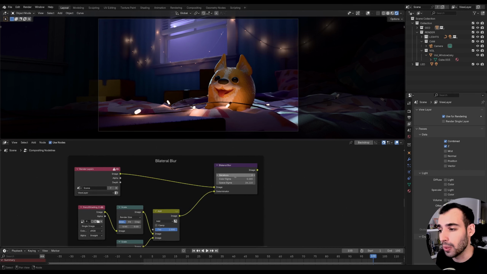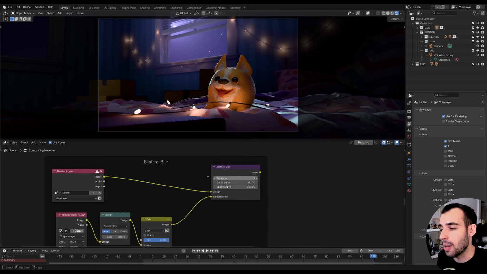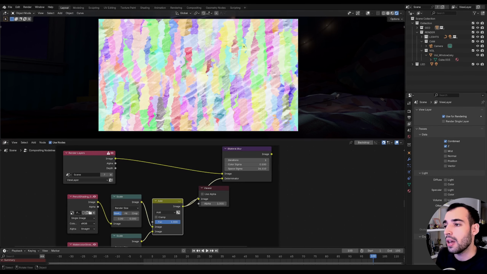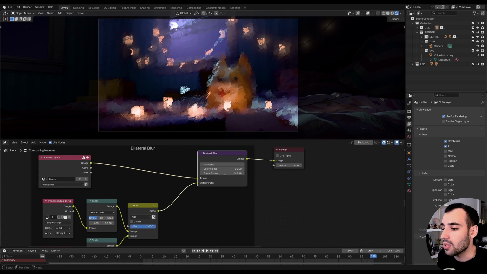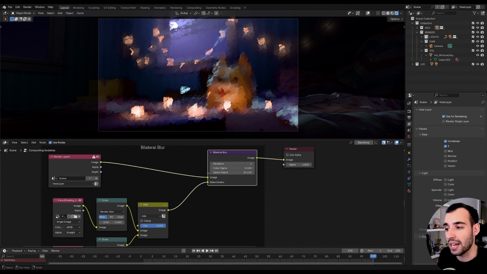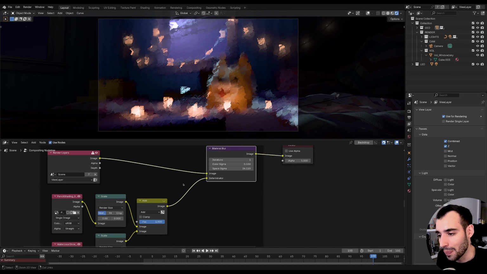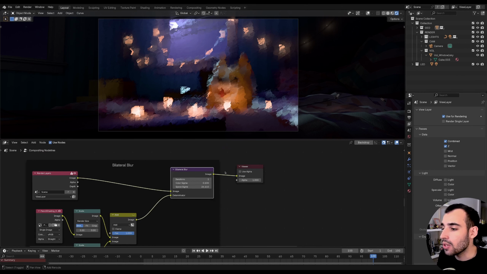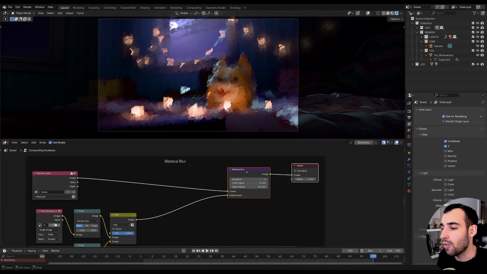have our bilateral blur be using our depth. See, our bilateral blur is using this determinator, this image that now isn't having any information about our scene. And you could try to drive our size, our space sigma, with our depth, but we can't because there's no socket in here. So a hacky way to go around this is to use some data passes to inform our